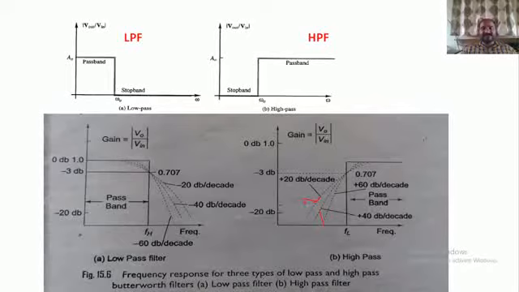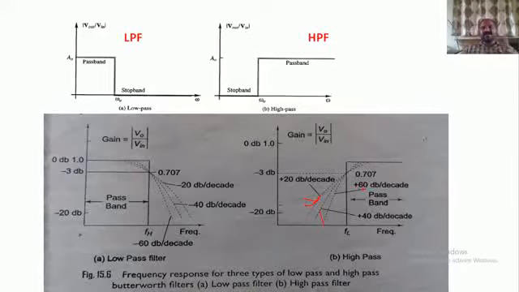So this one is indicating the first order low pass filter response, and this one is indicating the second order low pass filter response. Here the gain is decreased by 20 decibels per decade, but here the gain is decreased by 40 decibels per decade. And we know that if you increase the order to the third one, then obviously it is 60 decibels per decade. Previously it was negative, negative, negative. Negative means a reduction, positive means increment. So here it is 60 decibels per decade.